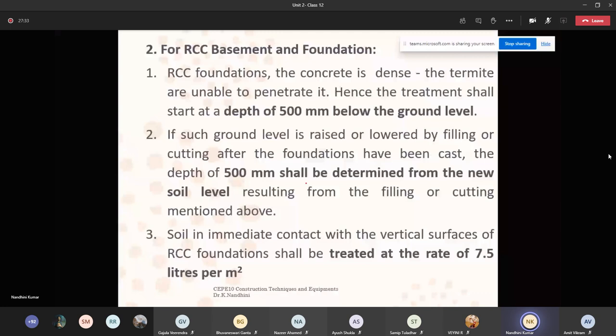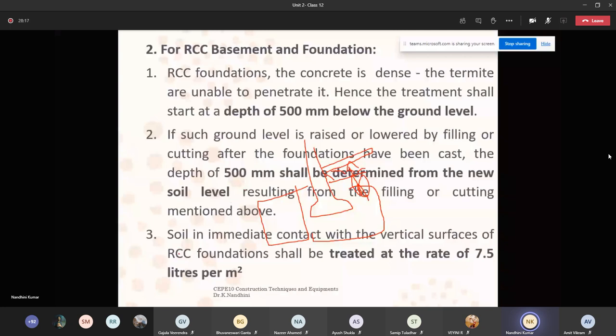Again, if you didn't treat or you have raised the surface, that is, you initially cast a foundation here and planned the floor to be here, but as per your locality requirement, maybe the roads are much higher than your planned house, so you can lift your floor. That time you have to go for compaction again. You have to excavate the soil for 500 mm, spray this area, and the same process of the plinth and the sand has to be carried out. And